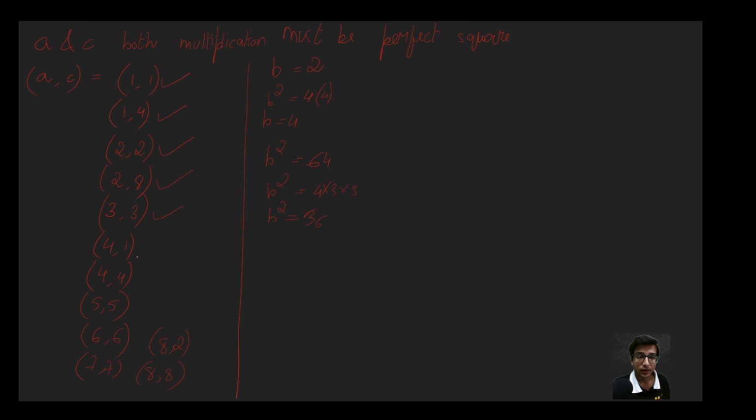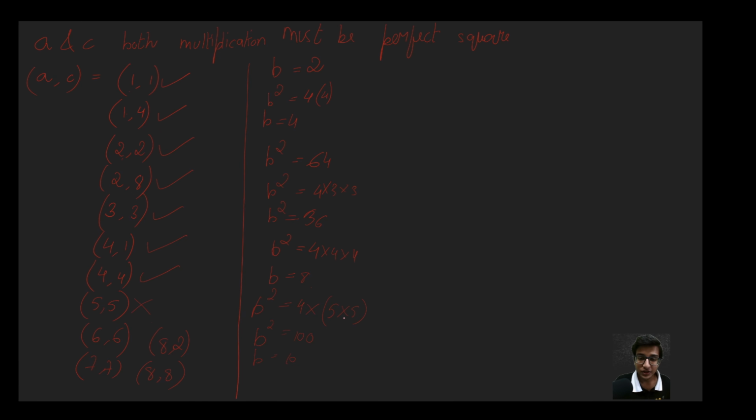Now 4 comma 1, if 1 comma 4 was satisfied, so 4 comma 1 would also be satisfied. 4 comma 4, now b square is equal to 4 into 4 into 4, so from here b would become 2 into 2 into 2, 8, so b is getting satisfied, so this one is also there. Now 5 comma 5, b square is equal to 4 into 5 into 5, so 5 5s are 25, so we get b square to be 100. That means b's value has to be 10, and 10 is not in the set, so 5 comma 5 gets